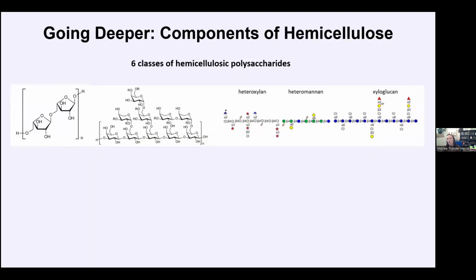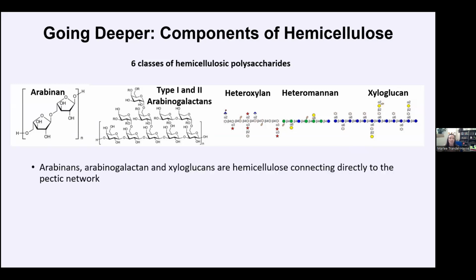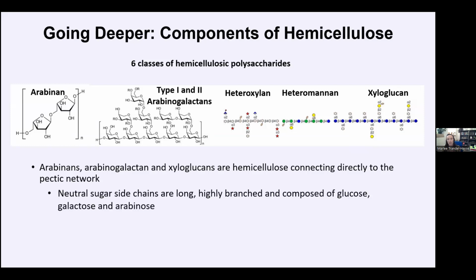So hemicellulose has a similar story. There are 6 total classes of hemicellulosic polysaccharides. We have arabinan, type 1 and 2 arabinogalactans, heteroxylan, heteromannan, and xyloglucan. Now, arabinans, arabinogalactans, and xyloglucans are the hemicelluloses that are known to connect directly to the pectic network. Typically, the neutral sugar side chains on these hemicelluloses are long, highly branched, and composed predominantly of glucose, galactose,